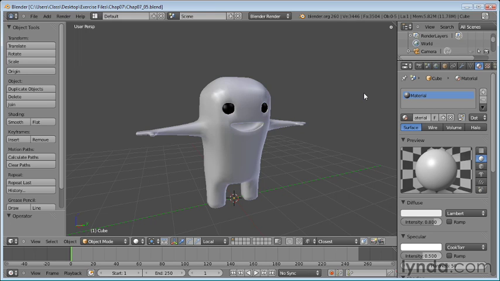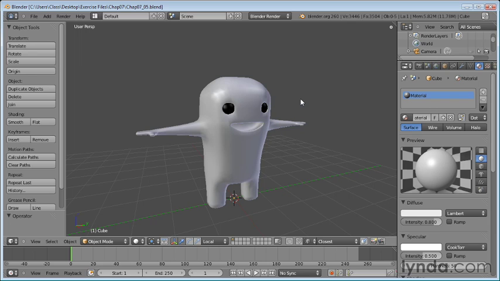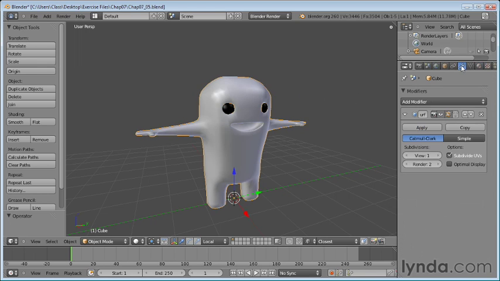Now let's use our knowledge of UV mapping to map something a little bit more complex, and that would be this character that we've been working on. So let's go ahead and get this character set up and the rough UV mapping applied, and then we'll fine tune it. I'm going to select my character here, and the first thing I'm going to do is turn off